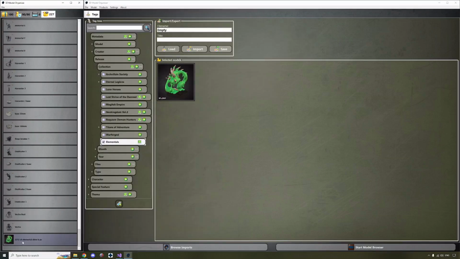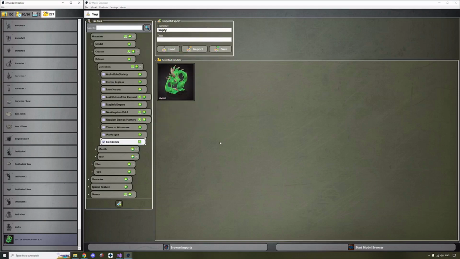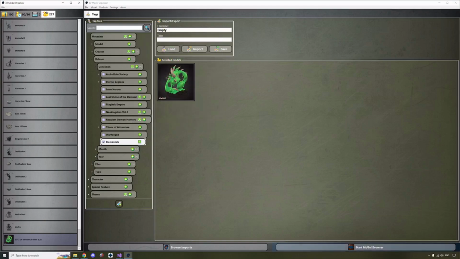So now it is finalized, but for finalized models we still can change tags, add tags, remove tags, but the rendering is finished. This time we didn't render it, we only added a poster substitute, but it's finished. And if we now start the browser,